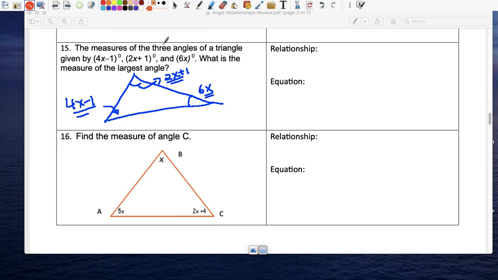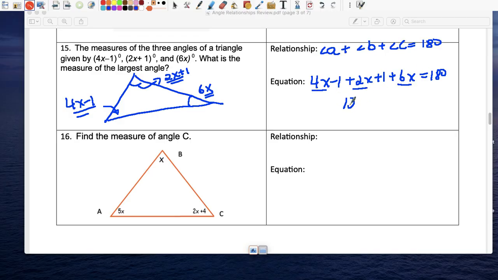What do I know about these 3 angles? Well, I know that angle A plus angle B plus angle C in a triangle is equal to 180, right? That's the relationship they have. So 4x minus 1 plus 2x plus 1 plus the last angle, 6x, equals 180. Combine like terms: 4, 2, and 6 is 12x. Minus 1 and plus 1 is just 0. So divide 180 by 12, right? And x equals